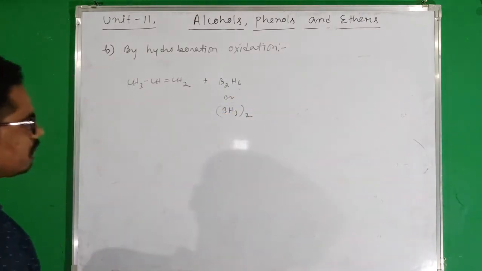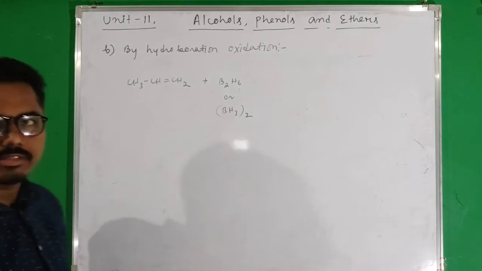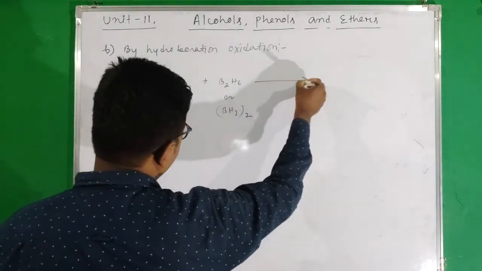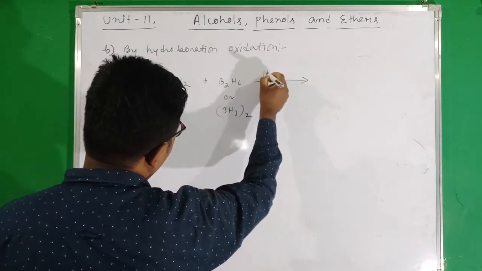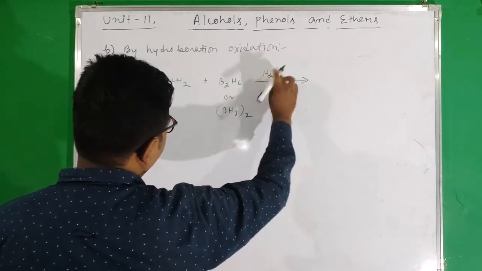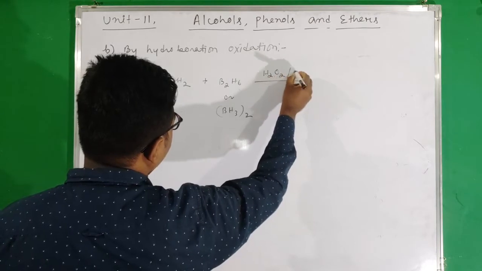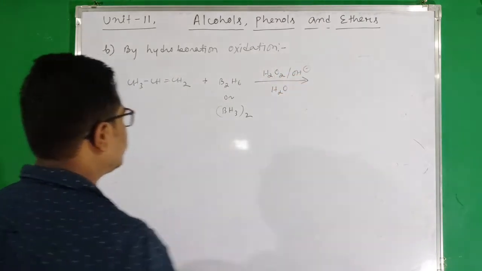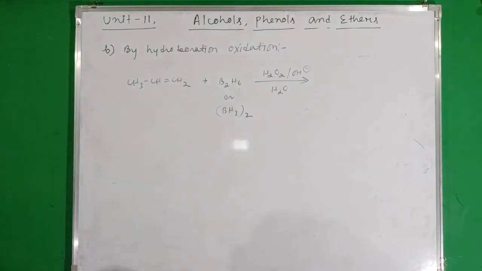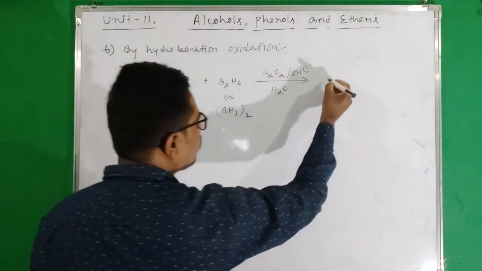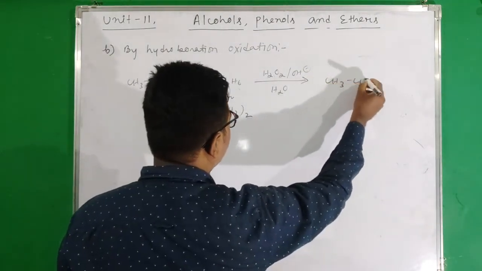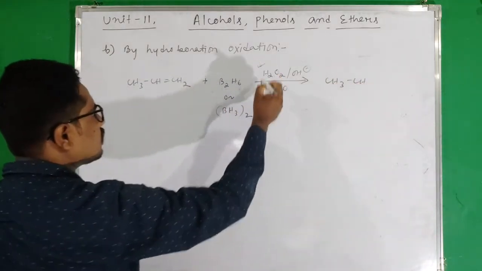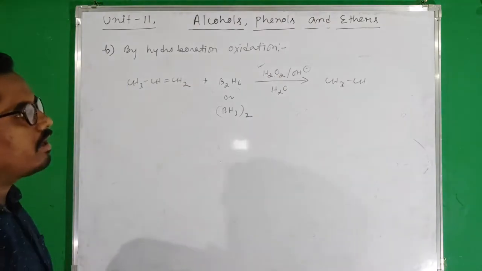Okay, you can take both the formulas to represent the diborane. In presence of an alkaline solution of hydrogen peroxide and water. Okay, and in this case we will get alcohol, and due to presence of the peroxide the reaction will follow